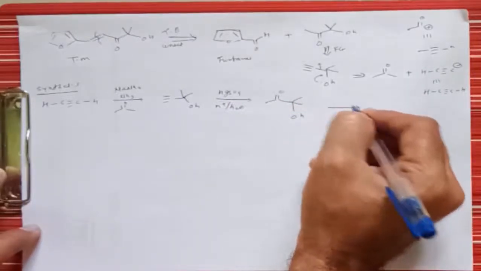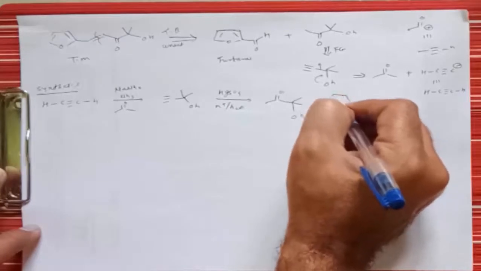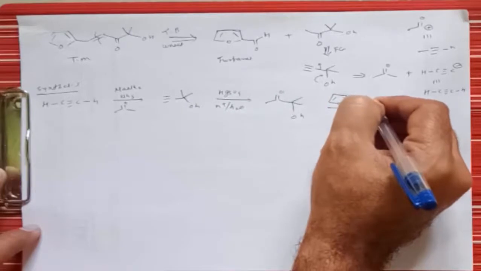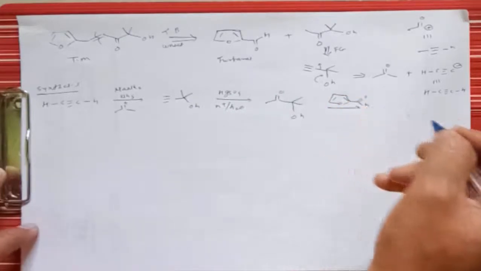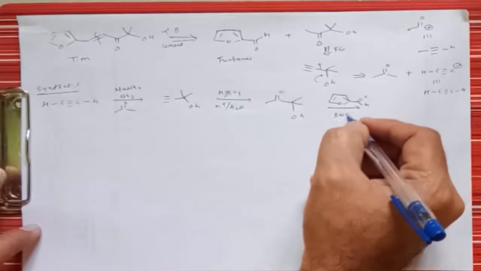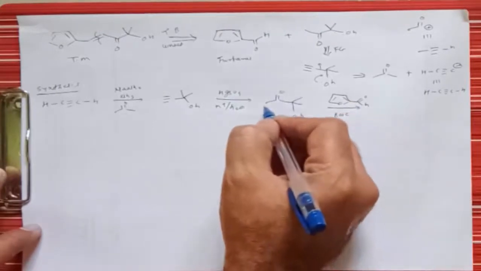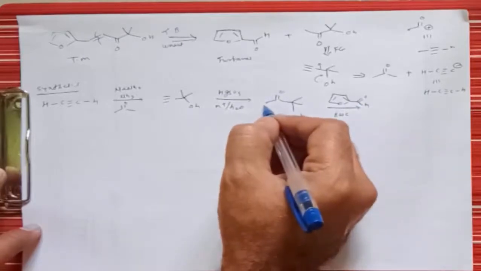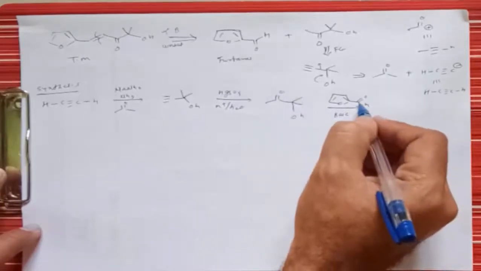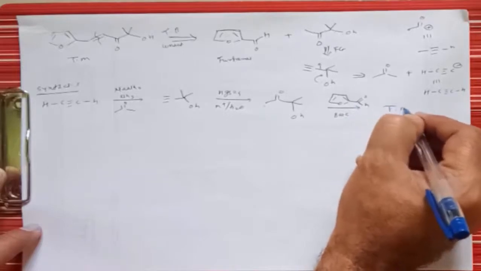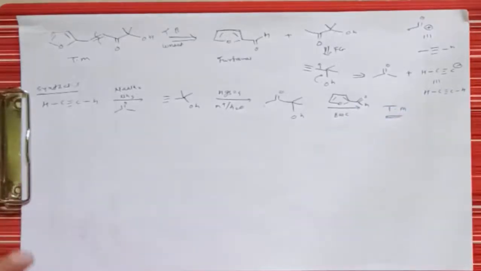And now if you treat this molecule with furfural in the presence of base, so what will the base do? The base will take a proton from this side, because aldehydes are more reactive as compared to ketones, and therefore the base will take the proton from this side. It will attack this carbonyl compound. So first it gives formation of a hydroxy compound, and the reaction will stop at the elimination of the water molecule, and it gives the target molecule.